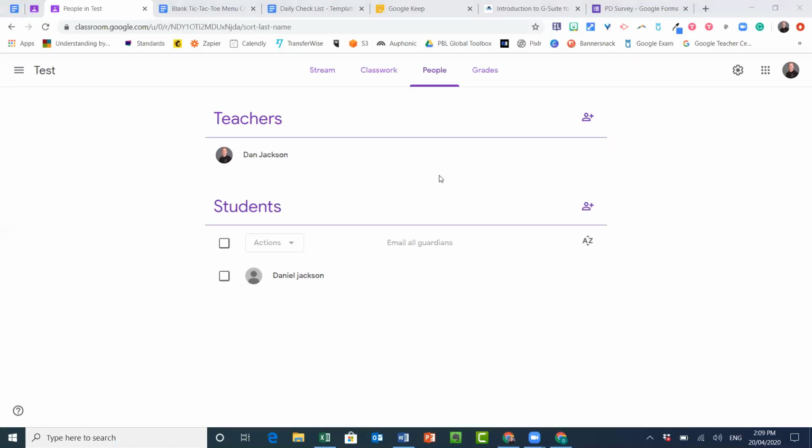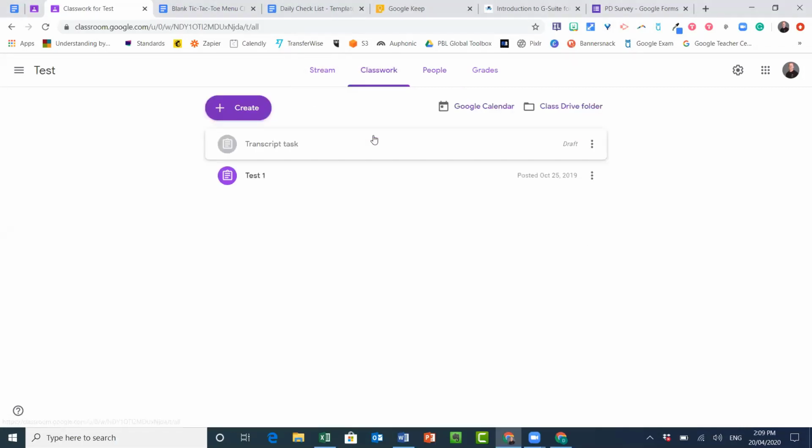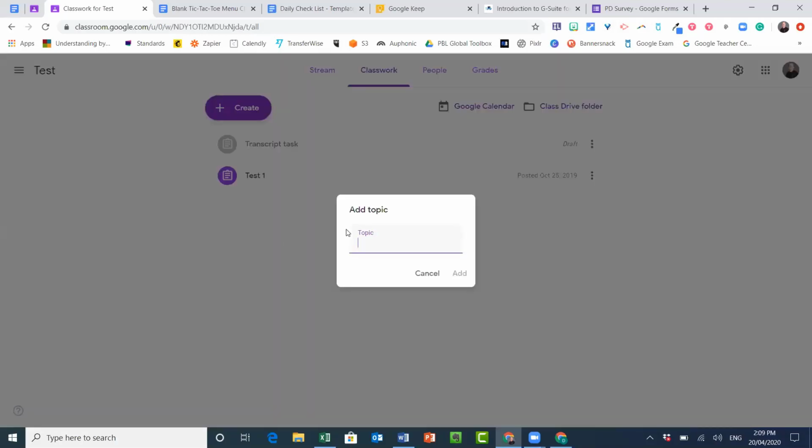Okay. The next thing is you should make sure in your classwork. So you'll notice in this classwork at the moment, this is just a blank test classroom, but you'll see here there's no topics, and normally your classroom will be full of topics, right? So you may have created a topic, so just click here, create a topic, and you'll have, it might be